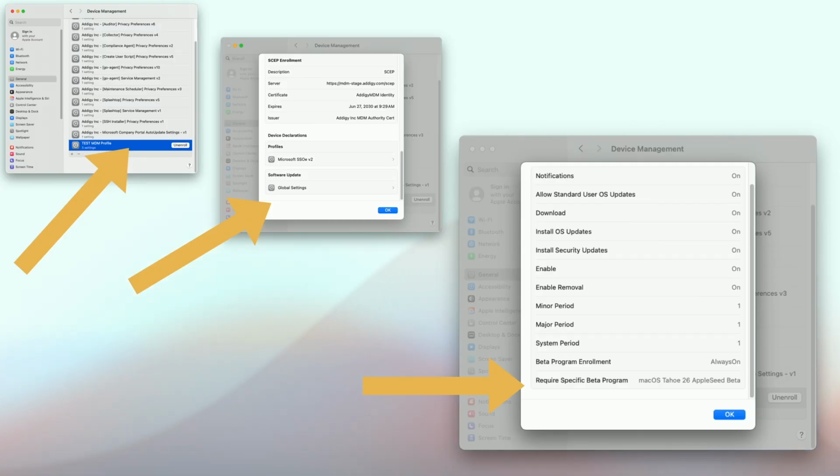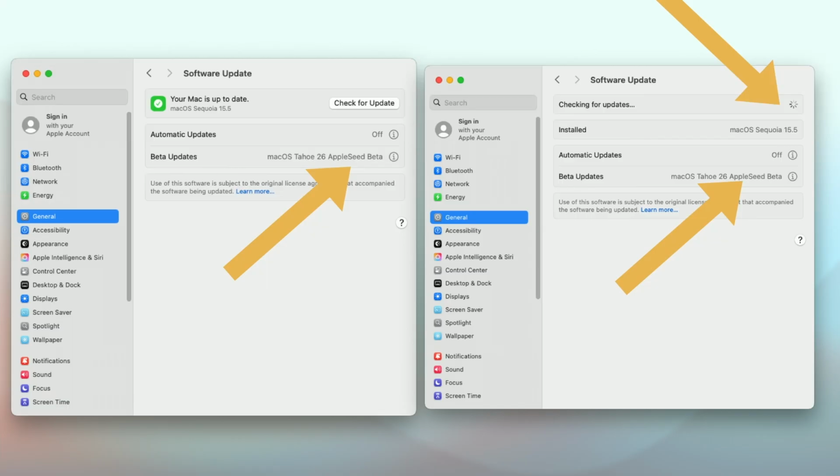Bottom line is whatever MDM vendor you use, it'll show up in your settings declaration. You will see if it's requiring the program, and then within your software update settings pane, you will see if you're part of that program. If you click on that, you'll see, hey, I'm in the program, I'm not even signed in with my Apple ID. That way you could push this to maybe a select group of 10 power users or people that test your software